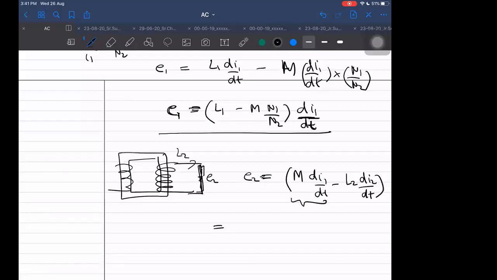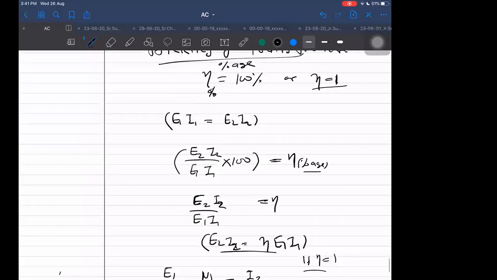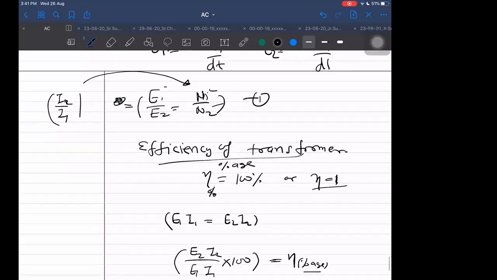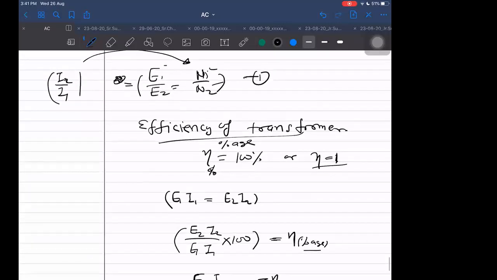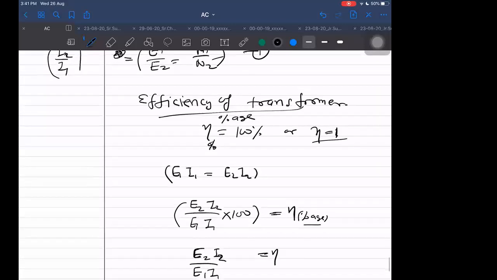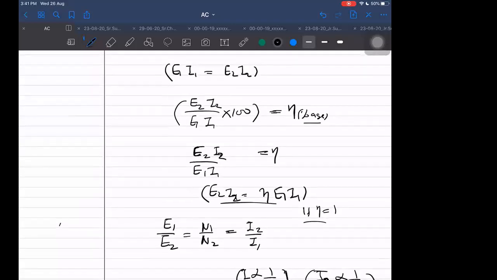It depends on the situation, what circuit I am taking it to be. If I assume it to be open circuit, then I2 will be 0 only. Then I2 will not be there, but I1 will still be there. So you understand, first of all, this relation which I am writing here, that I2 upon I1 will be equal to this, is not always valid. In fact, I cannot say it is equal. If E is more, then I can be less, but I'm not saying these are just inversely proportional. If I start saying that, then this equality sign is an overstatement.